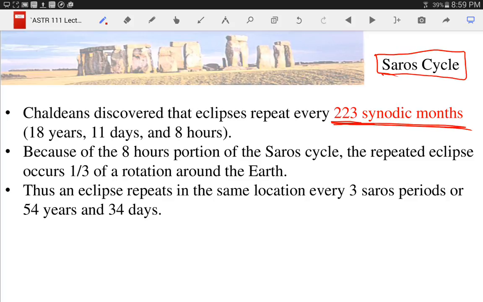Well, 8 hours is exactly 1/3 of a day. And so the position is going to shift 1/3 of the way around the Earth for each time it repeats. So, for instance, we have this eclipse that's going to hit here August 21,